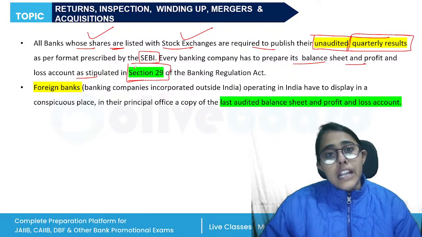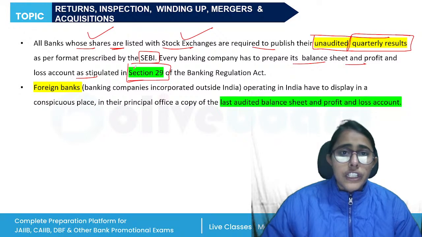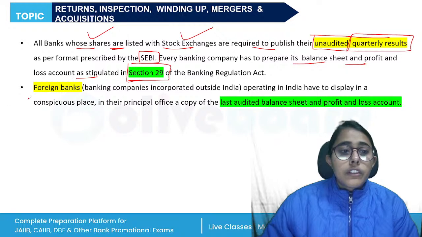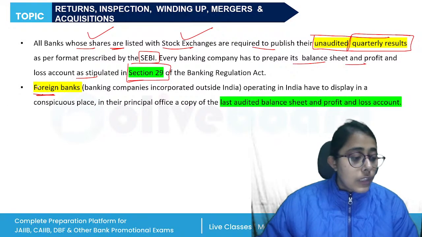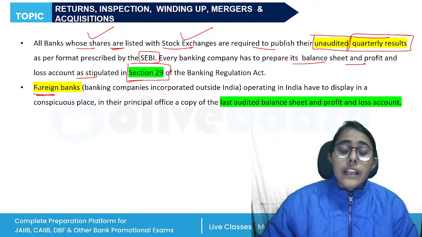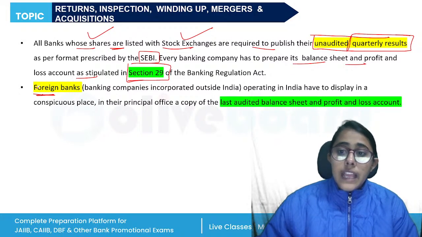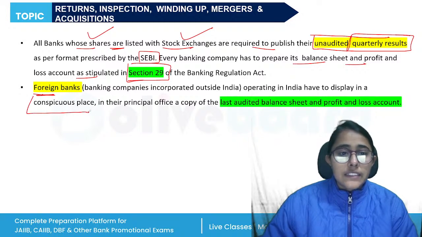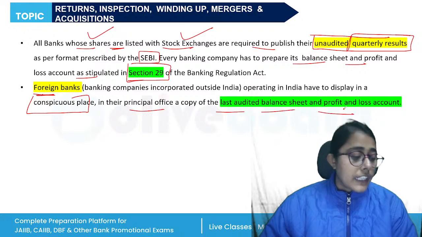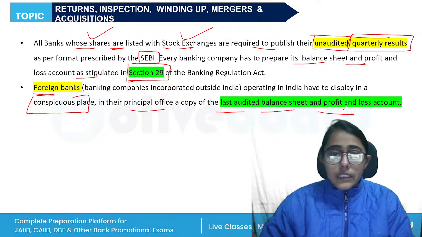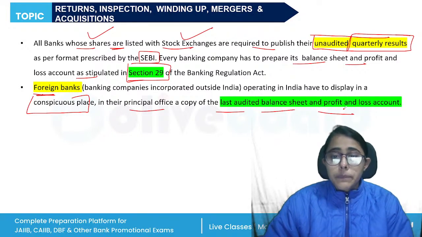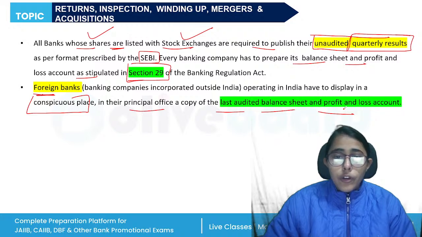When we talk about the financial statements, the profit and loss account, the balance sheet and other things included in it, everything will be prepared. Then when we talk about foreign banks, their wholly owned subsidiaries or the branches operating in India that are incorporated outside India, they have to display in a conspicuous place in their principal office a copy of the last audited balance sheet and profit and loss account. So apart from the other returns that they need to submit, they also need to present this copy of their last